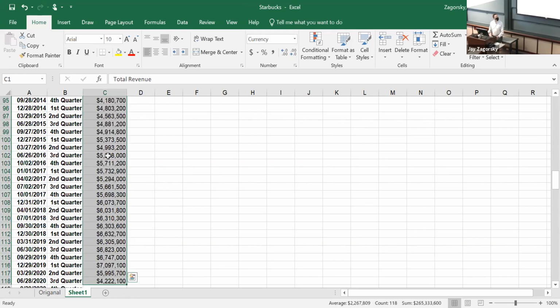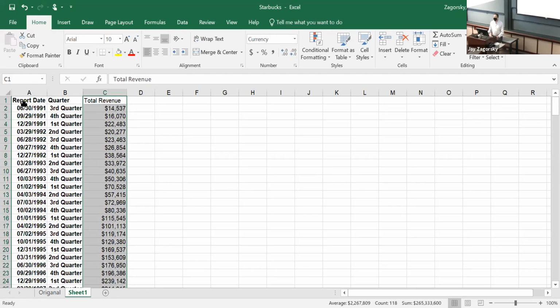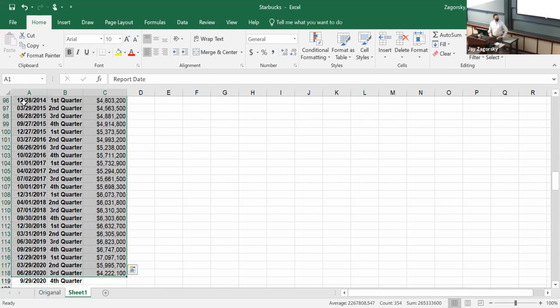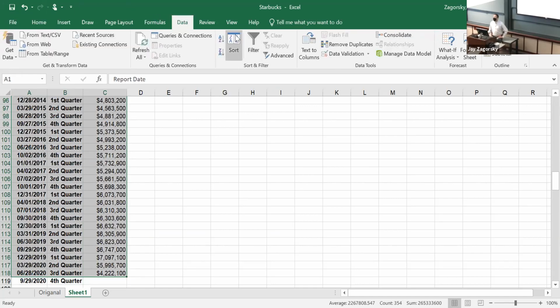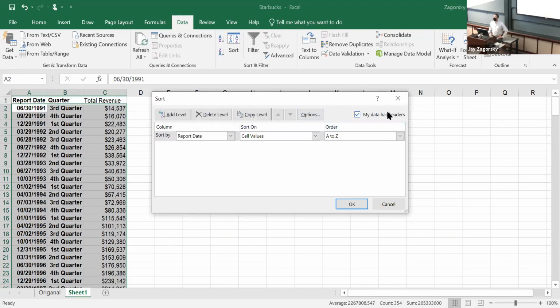Jason, just a quick question. A few people are messaging me asking how to sort again for the years. They aren't seeing the checkbox for this one. Not seeing the checkbox. Yeah. So I highlighted all the data, and then I picked data, sort. And there's no box in the top right corner. It says data has headers. Please unmute yourself if you're still having the problems, or I'll pick stop share.